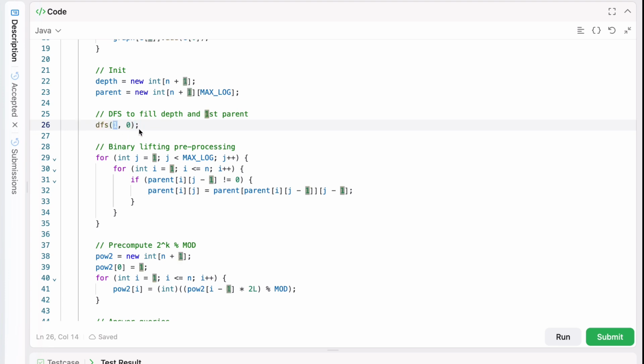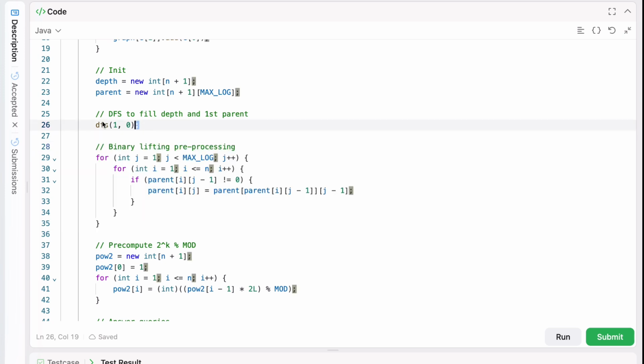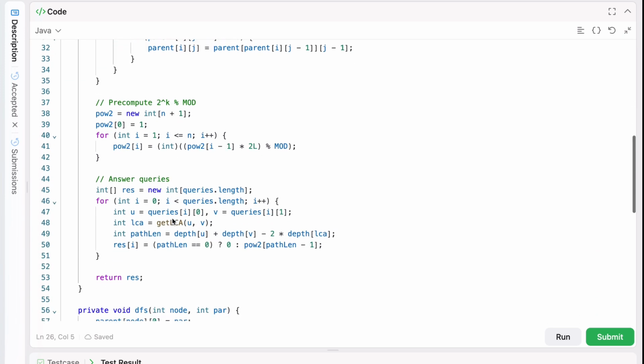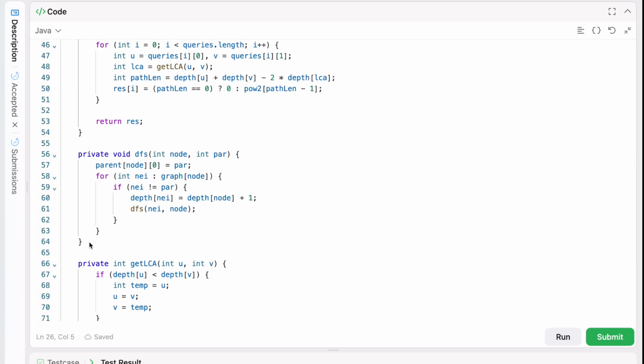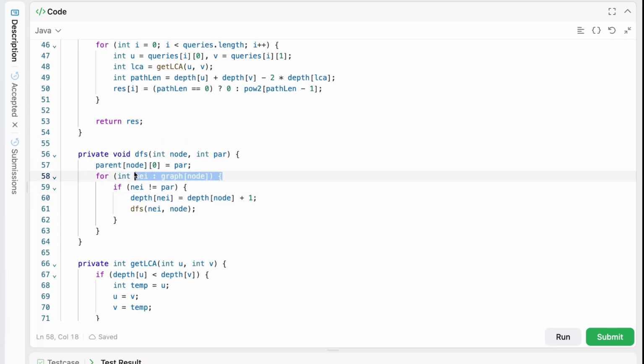So let's first, for 1, we'll take the DFS with depth 0, and then we'll do binary lifting, right? How are we going to do binary lifting? So first let's go through the DFS. There is a DFS method where you define the distance and set the depth. You go through this and you will understand that we are getting all the neighbors and checking. If not visited, then we'll increase its depth and go for the next